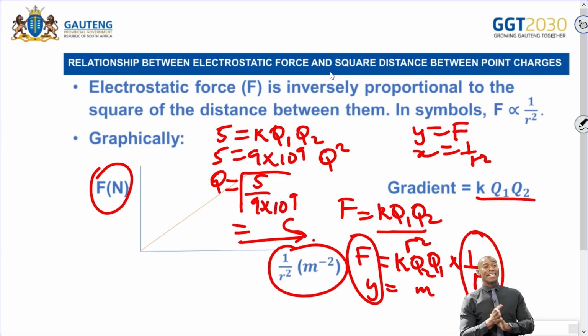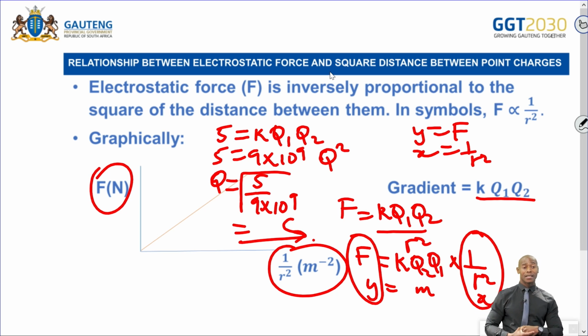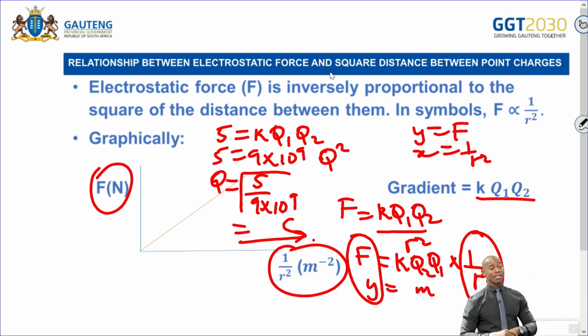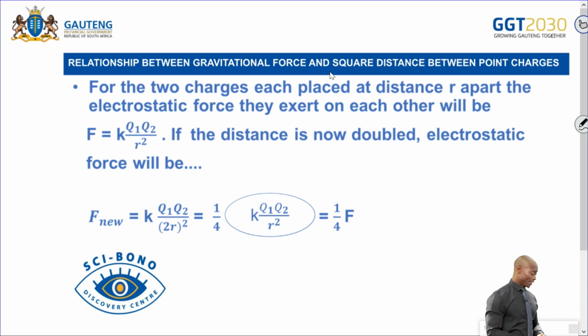So this is the graph that shows the relationship between the force and the square distance between the centers, or the square distance between the point charges. Then a mathematical relationship, right? For the two charges, each placed at a distance r apart, the electrostatic force they exert on each other, we